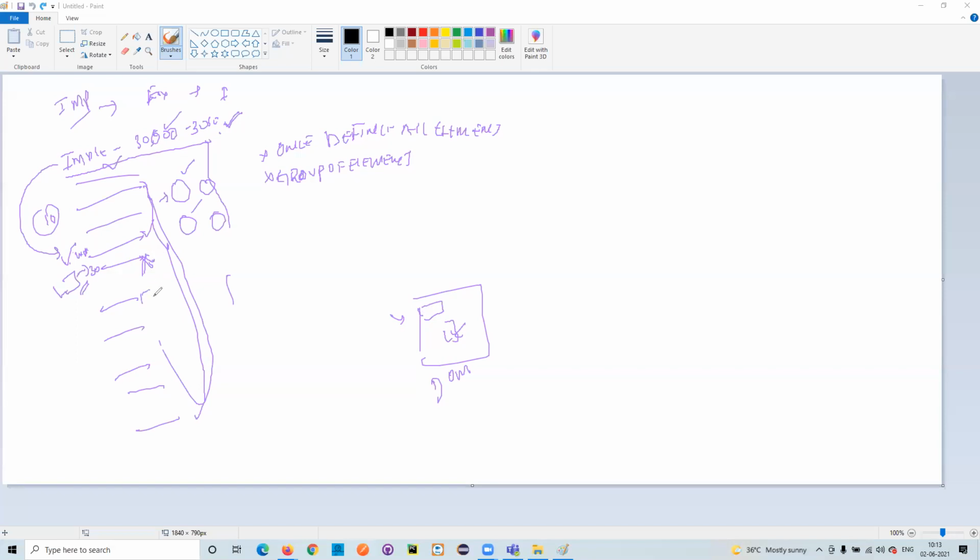And it will wait for the next element. For an example, the next element is a checkbox. So now for the checkbox, it will be okay. Then the radio button, it will be easy for the representation. There is a radio button. So for this radio button, it will wait for 30 seconds.